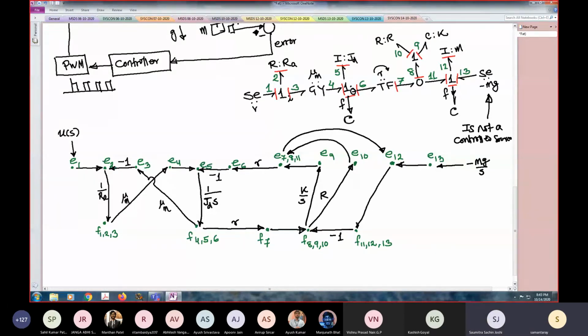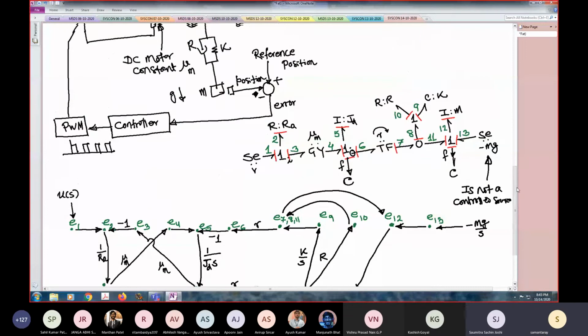Yes. Sir, but this source of effort will come in the U matrix, right? So will it not have a problem when we calculate SI minus A inverse, from the matrix point of view? I didn't understand. Sir, this source of effort, which is a constant, will be a part of the U matrix, the input matrix in the state space equation. So will that not cause a problem? I am not listening very clearly.